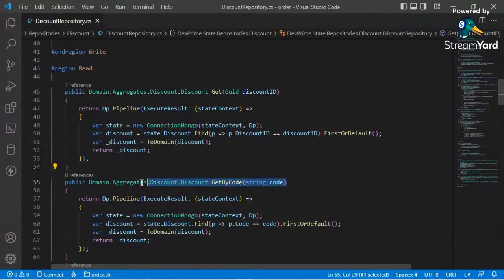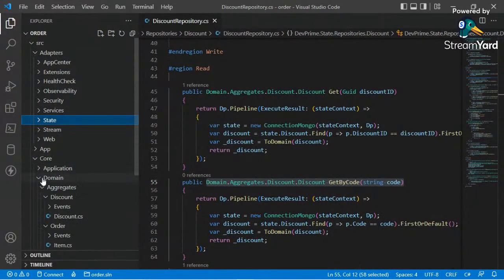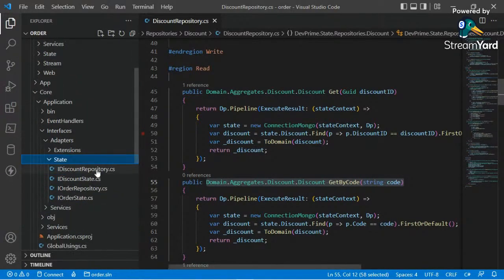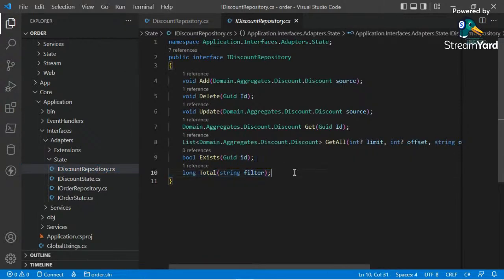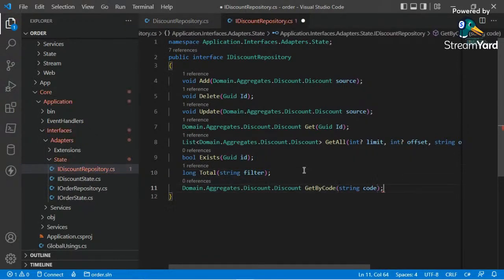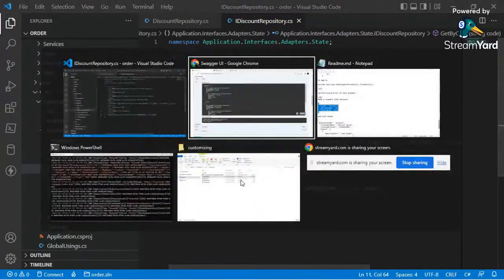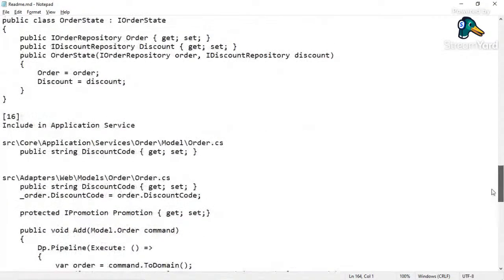So we need to place this on the interface also. It's on application, interface, adapters, state, discount repository. So now we got it on an interface. And we also